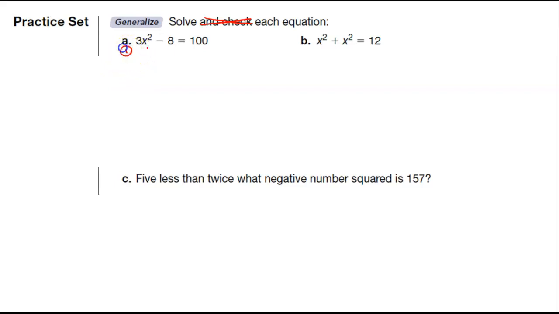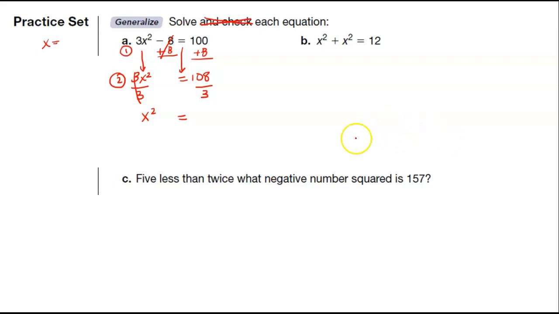The first thing I'm going to do is add 8 to both sides to get rid of the 8. My goal is to have x equals at some point. I didn't do anything to this, so it just continues. This is going to be 0, and I end up with 108. The next thing I need to do is divide by 3. So 3 over 3 is 1. My x squared comes down. My equals comes down. Let me grab my calculator. 108 divided by 3